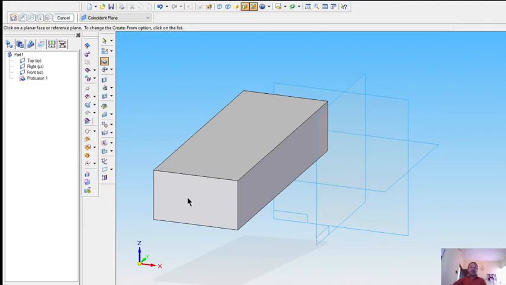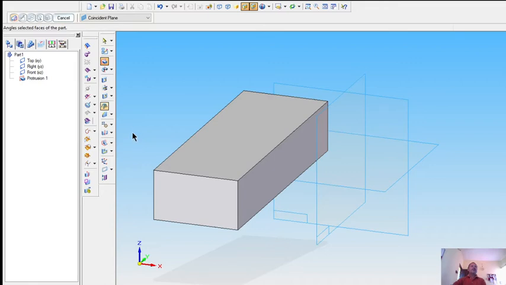So adding draft or making draft is nothing but it is a process of making an angle to the selected feature or selected model. So I will click here add draft, which makes an angle to selected faces of the part.